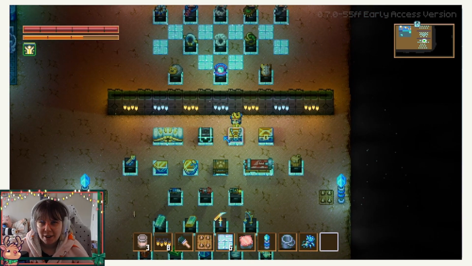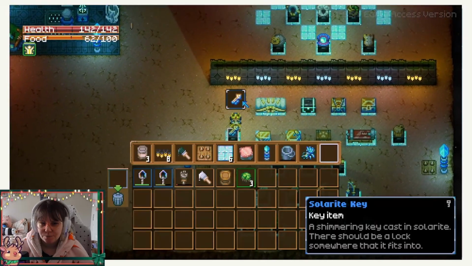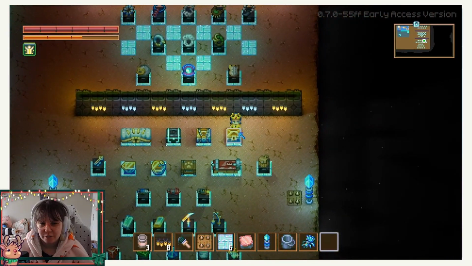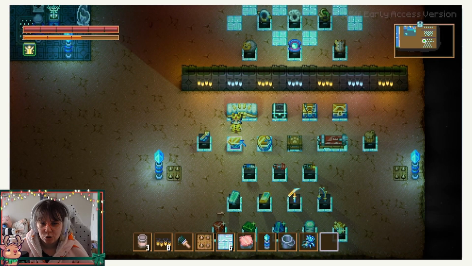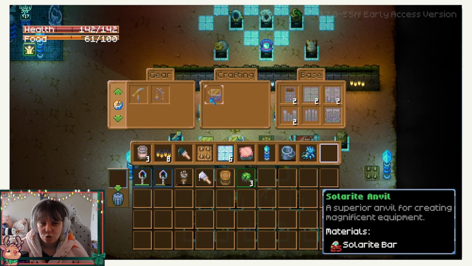Then when mining crystal walls, you can get solarite chests, the lock chests. And then with the key, which looks like this, with the solarite key, you can open it, and obviously it looks like this. Then at the Galaxite workbench, you can create this solarite workbench,